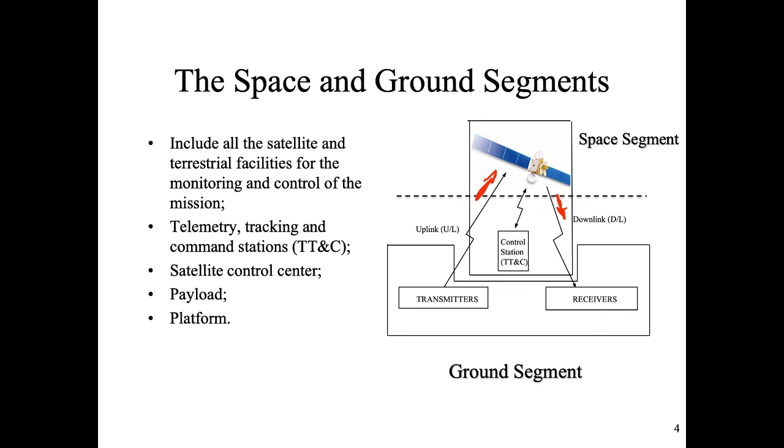The control center, here you see this block in the diagram, a control station. The control station de facto can reside also very far away from the infrastructure where transmitters and receivers are located. And typically the control centers of space agencies reside in places that